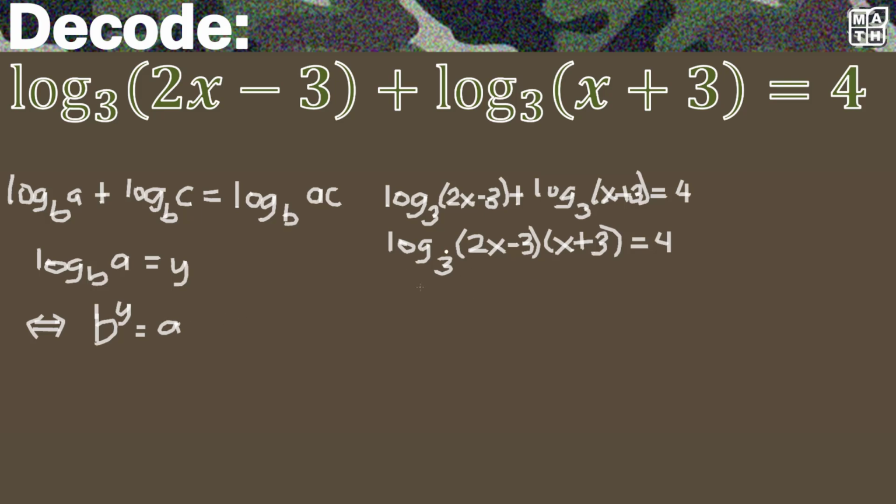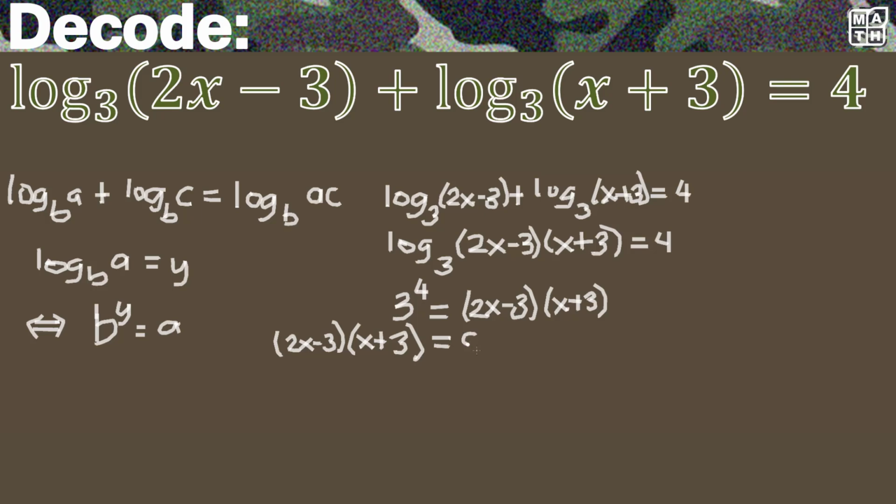So applying that here, you will have your base 3, and 4 here will be the exponent of 3, equal now to these two binomials under multiplication, 2x minus 3 and x plus 3. Or you could rewrite this in this manner: you have 2x minus 3 times x plus 3 is equal to 3 to the power of 4. That's actually 81. Next here, from a logarithmic equation, you will simply have an equation probably involving a quadratic expression,